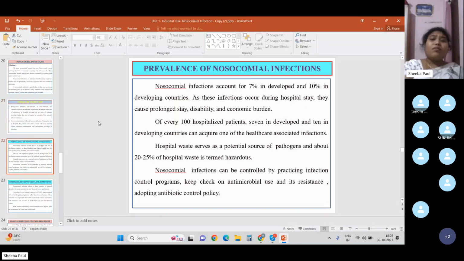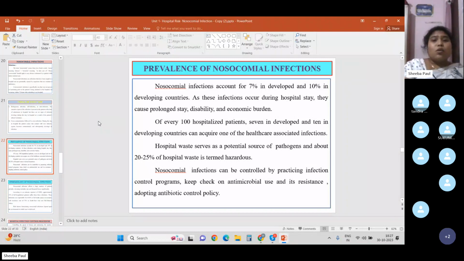Next, moving on to prevalence of nosocomial infections. So 7% to 10% of nosocomial infections are observed in developing countries, and these infections occur during hospital stay. They cause prolonged stay, disability, and economic burden. Of every 100 hospitalized patients, 7 in developed and 10 in developing countries can acquire one of the healthcare associated infections. Hospital waste serves as a potential source of pathogens, and about 20 to 25% of hospital waste is termed